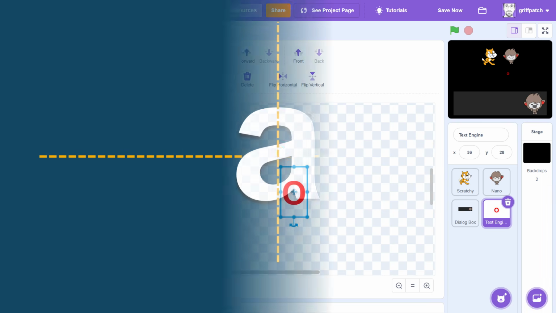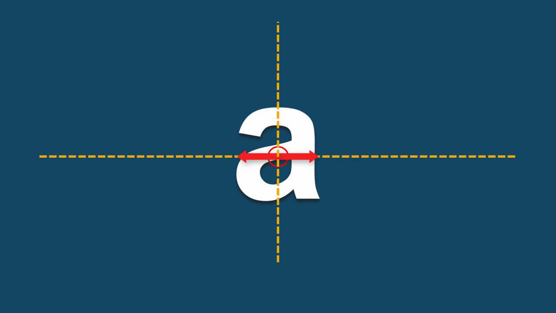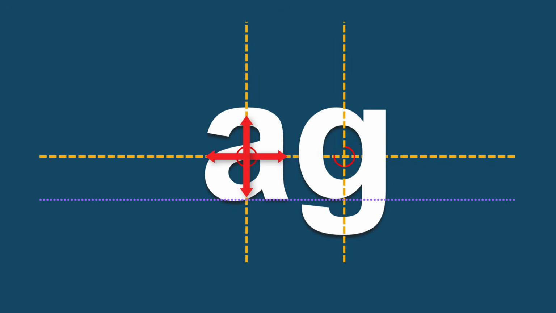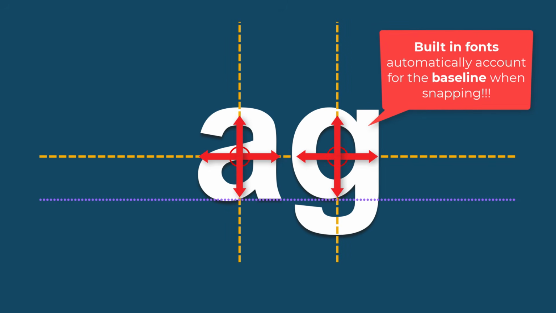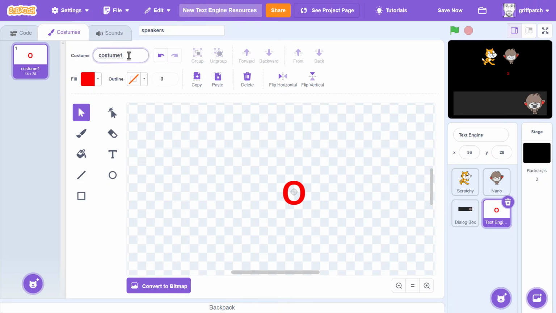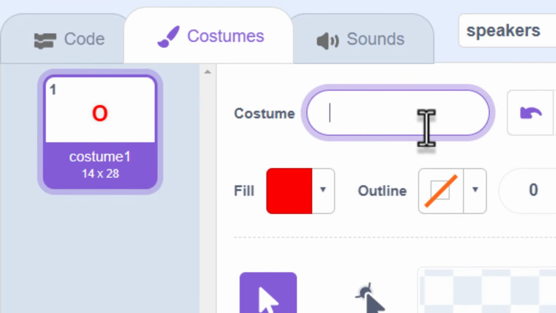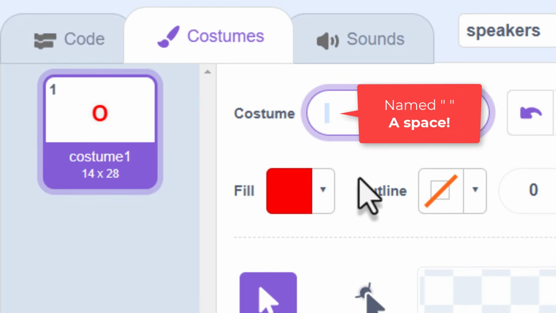You want every letter to be centered horizontally like this. But the tricky bit is that the font's baseline, that is the imaginary line that each letter sits on, must be the same for every costume you import or create. Luckily, that's super simple when you are using a built-in font, as all the letters naturally snap to have a matching baseline too. Then we name the costume, and this is actually not an O as you thought, but a